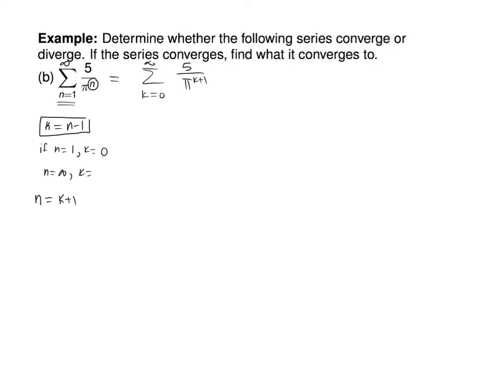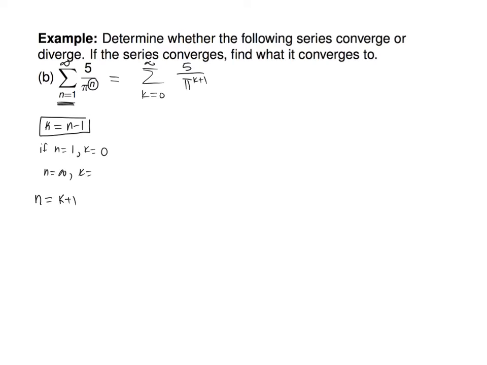So this is exactly like changing the bounds on an integral. And another way you can convince yourself that they're the same thing is just plug in some numbers. Like in the first one, when you plug in 1, you get 5 over pi, right? When you plug in 2, you get 5 over pi squared. Does that make sense? In the next one, first you plug in 0, you get 5 over pi, and you plug in 1 and you get 5 over pi squared. See what I'm saying? They are the same thing. It's just that this one, you first plug in 1, and there you first plug in 0. But they give the same things.